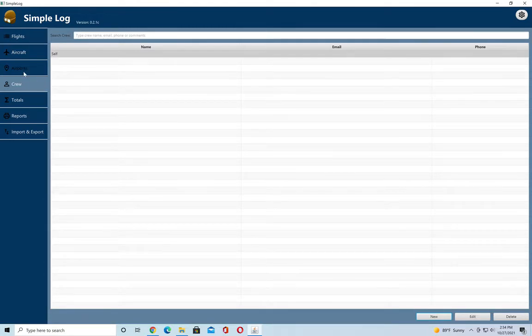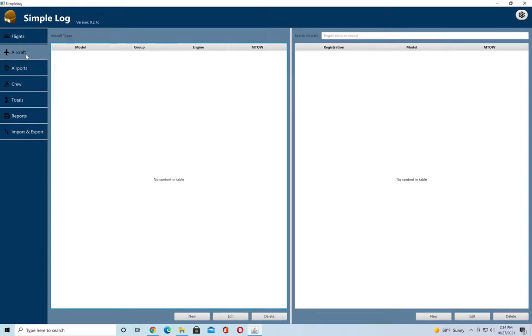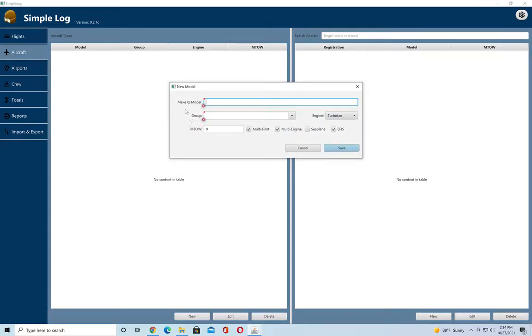We have some airports. Let's insert some aircrafts. So first you need the aircraft type. You select new, and then you have make and model. This is the line that will be shown on your logbook. So you type it here exactly how you want it to be written in the logbook. Let's, for example, insert a 319,